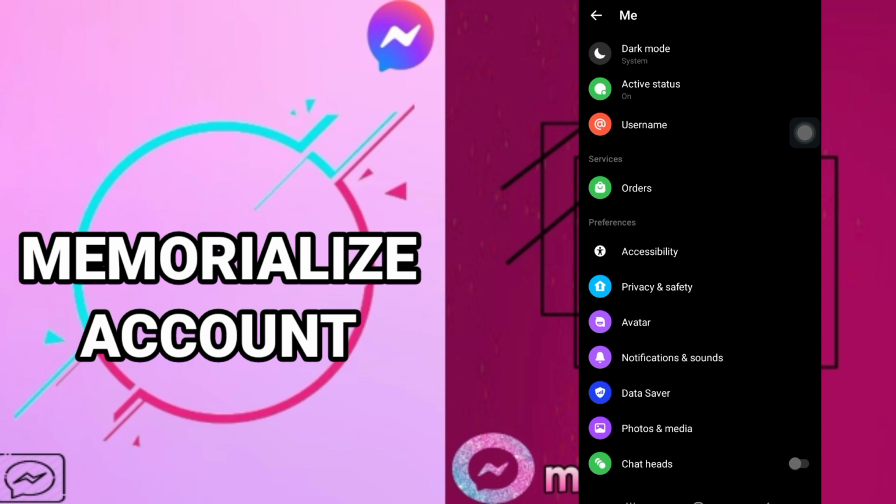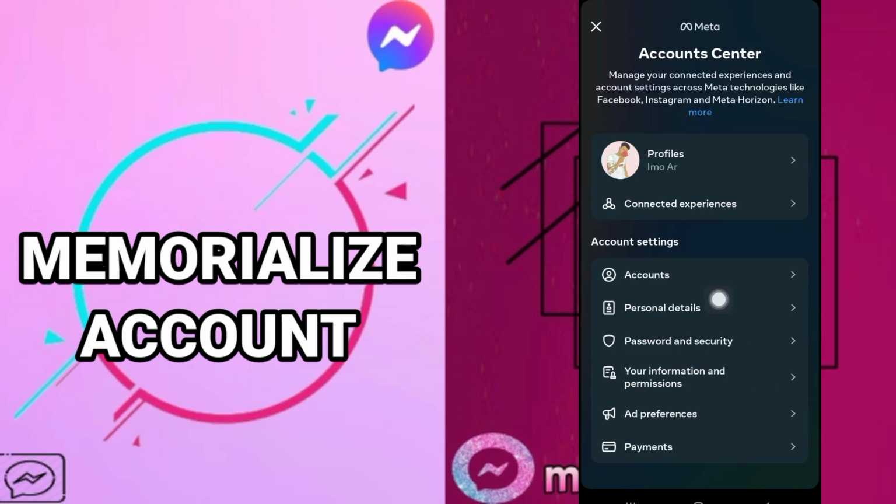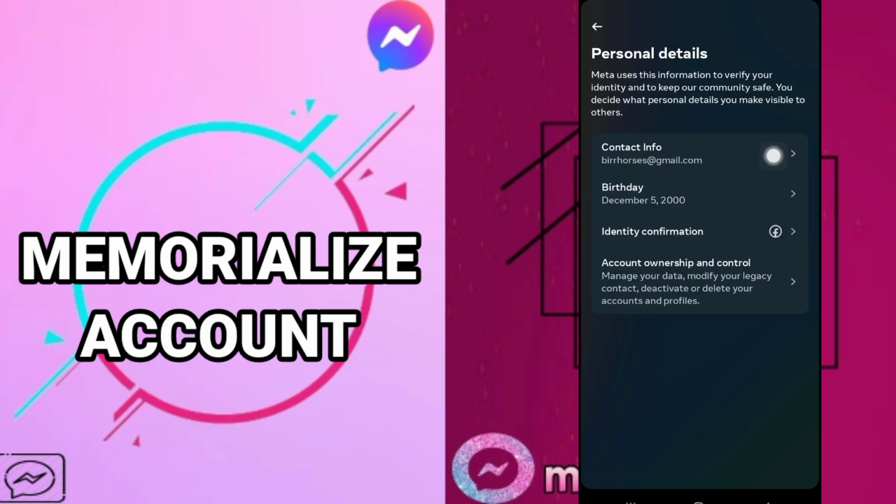And you just go down here, then you come here to personal details. You will click here and you come to the next window. You just click here on personal details, then it's going to take you to this window and you click here on account